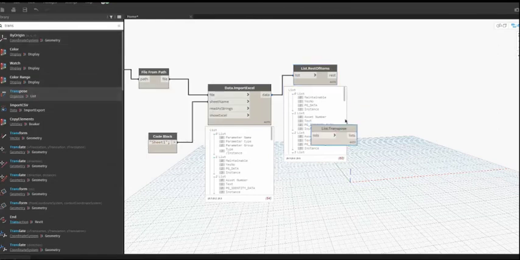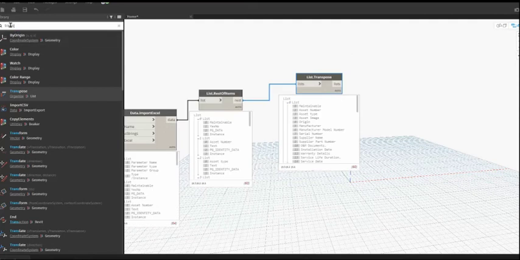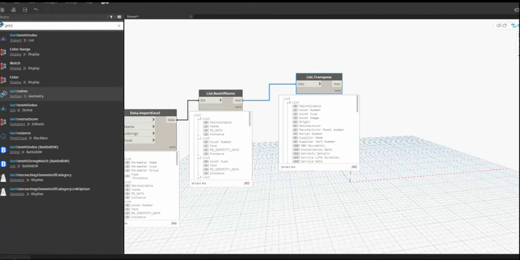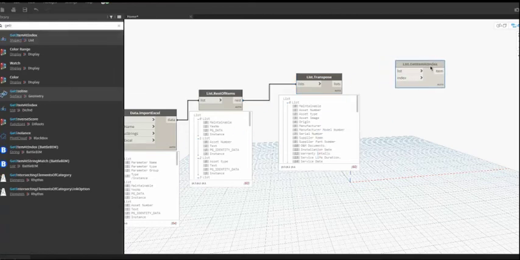Now we will be using List.Transpose to categorize the list as per parameter type, group, type or instance. Using the Get Item At Index node to segregate the list separately.